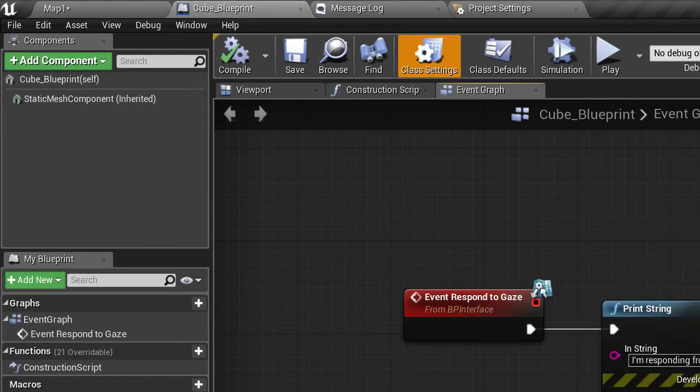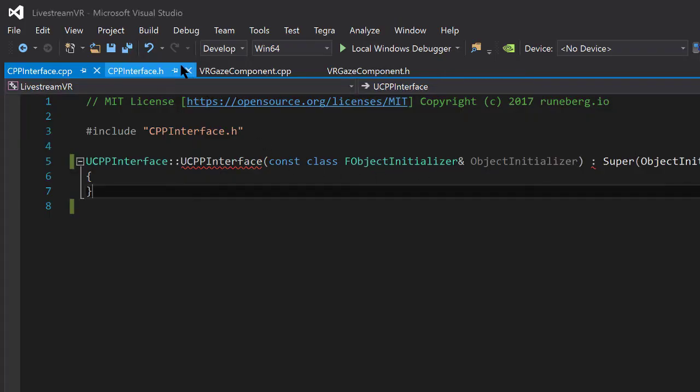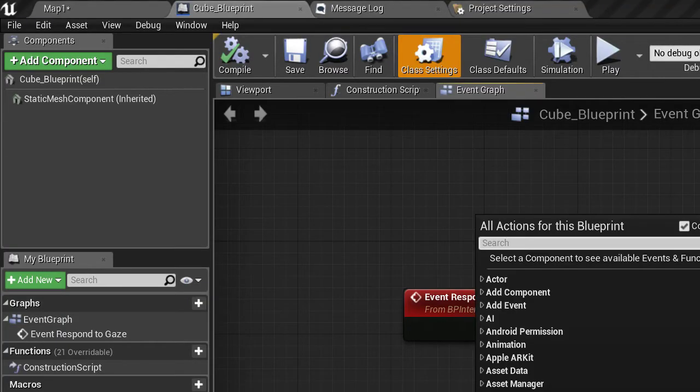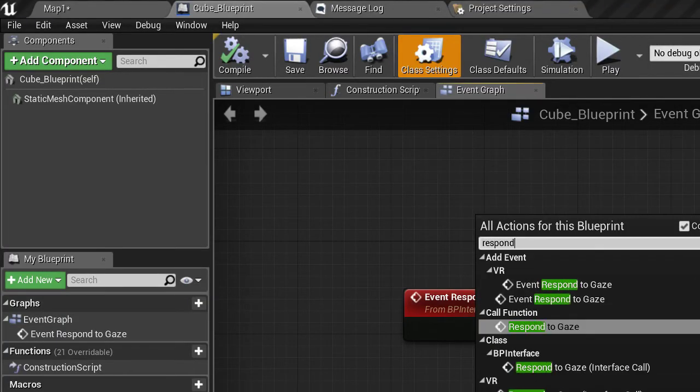What was the event name? I forgot. Now I have to close this darn thing. Yep, and then what was my implementation? Oh, it's also respond to gaze. Yeah, so respond to gaze,